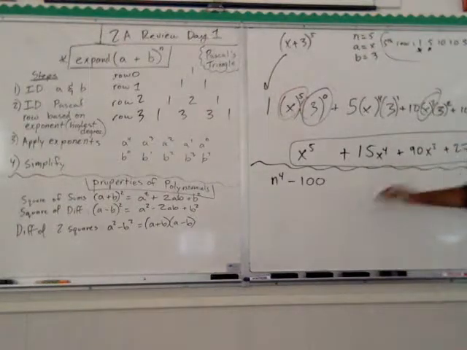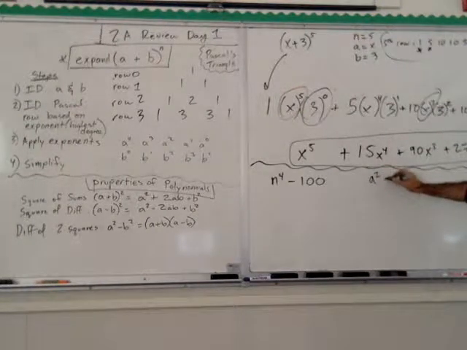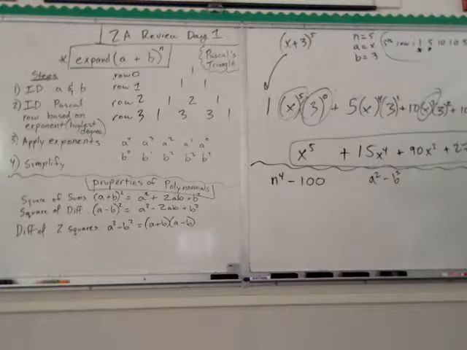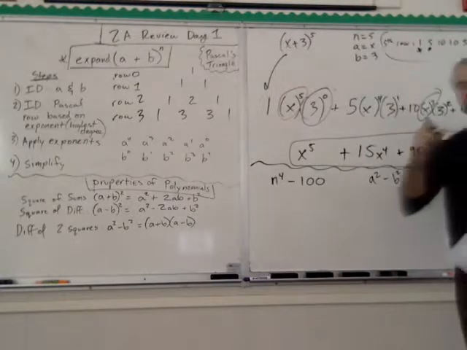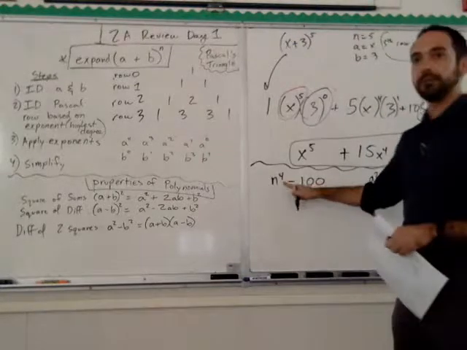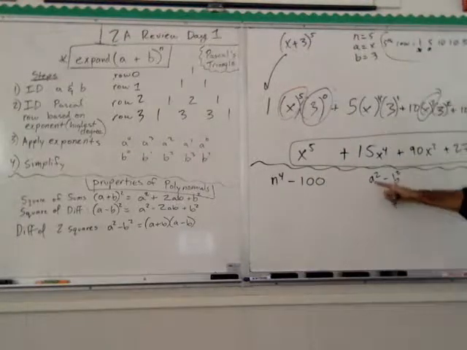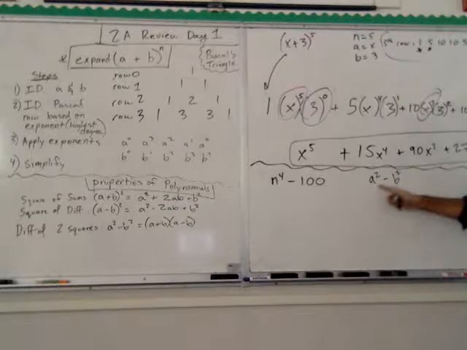We need to force that expression to be a squared minus b squared. So n to the 4th minus 10 is 40? Very close. I like the 10 part. Something in something, and that's correct. It's going to be different than n to the 4th. Right. And the way that I figured this out is, I know that if n to the 4th represents the a